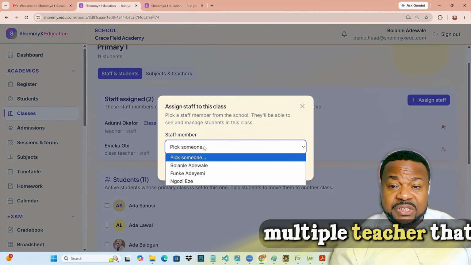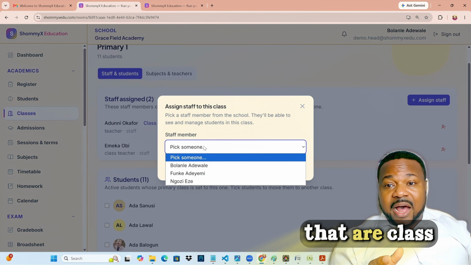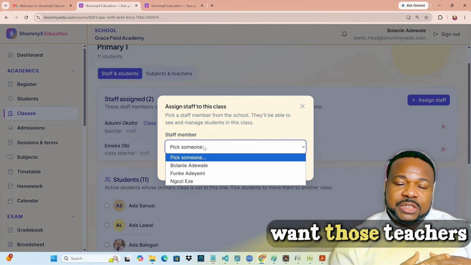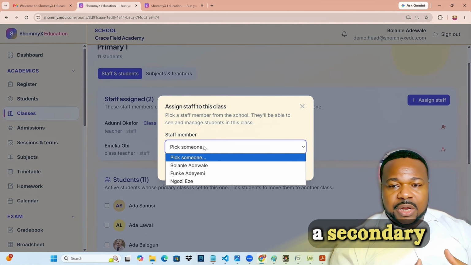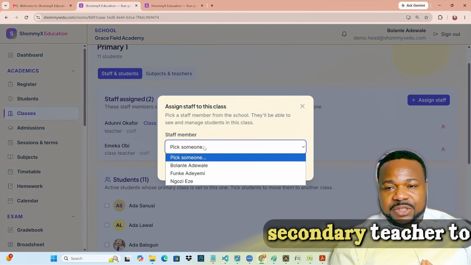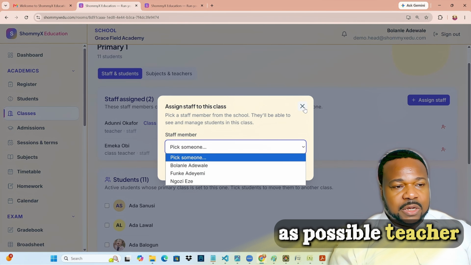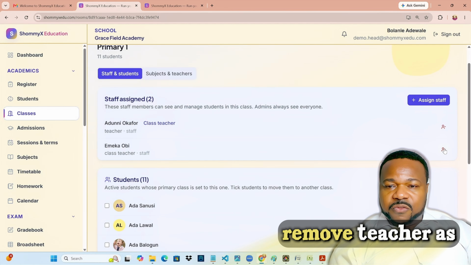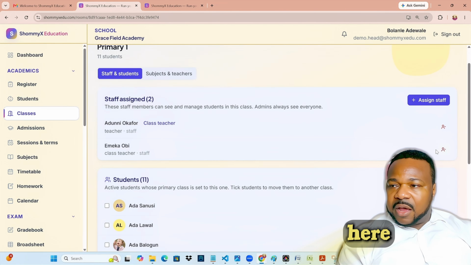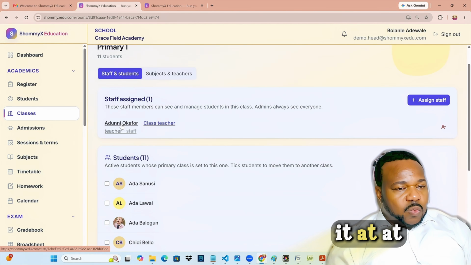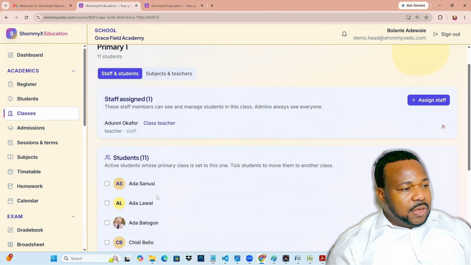Maybe we have multiple teachers that are class teachers of that class, or we just want those teachers to be like a secondary teacher to that class. So we can add as many teachers as possible to the class. We can remove teachers as well. If we click here, it will unassign the teacher. Let's leave it as 1 for now. So that is